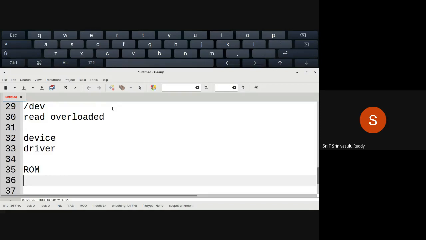That's why the moment you switch on the computer system, it will first read the instructions from the read-only memory, BIOS you normally call it, basic input-output system. A very primitive version of the operating system will be available in the BIOS.